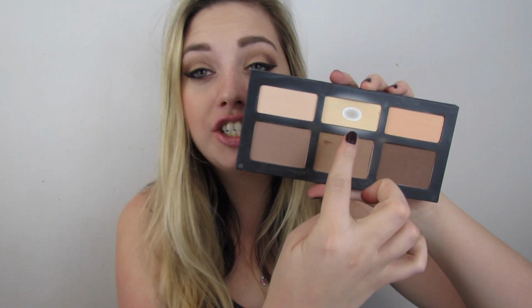I wasn't a huge fan of the Anastasia one. I love Anastasia eyeshadows. I love her banana powder, yeah, this is the banana powder. I love this powder here, but this contour palette definitely took the cake for this year. It's amazing, and I loved this shade, and I'm trying not to use it because I don't want to have